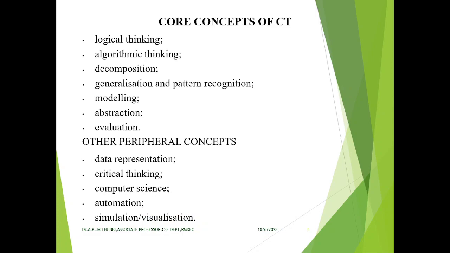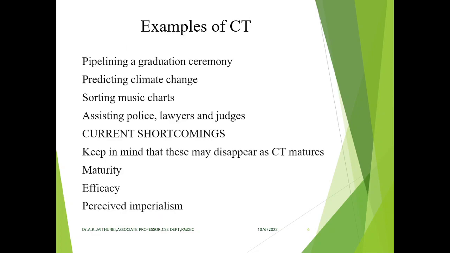So, the major core concepts of computational thinking are logical thinking, algorithmic thinking, decomposition, generalization, pattern recognition, modeling, abstraction, and evaluation. The other peripheral concepts related to computational thinking are data representation, critical thinking, computer science, automation, simulation, and visualization. The list of examples for computational thinking is, suppose you give a project to